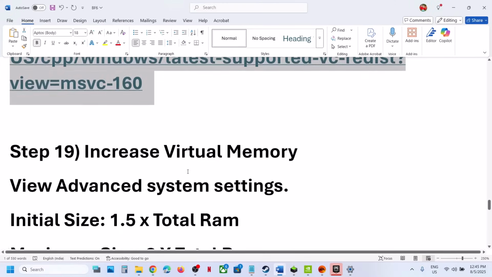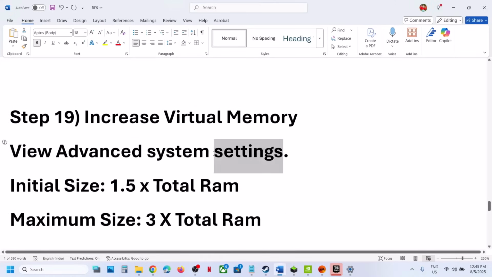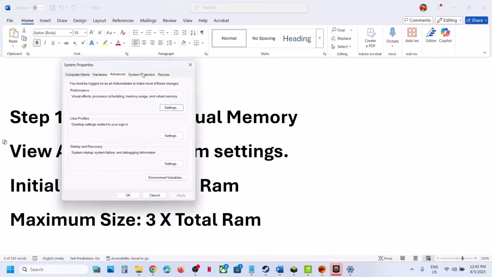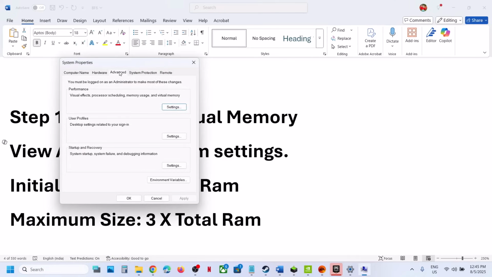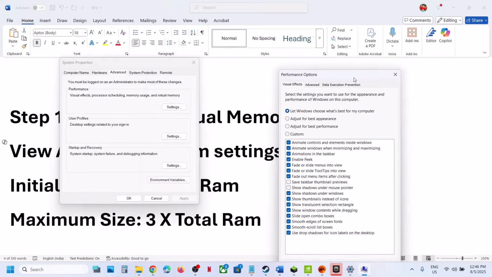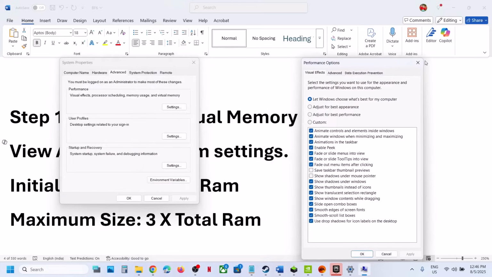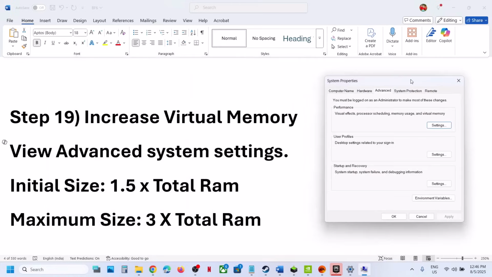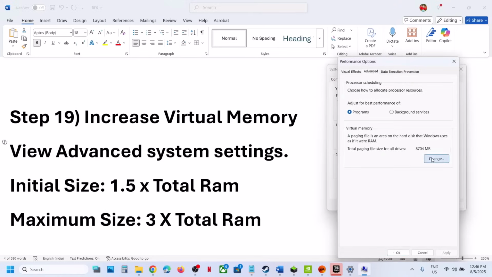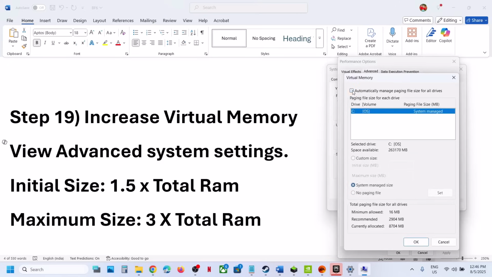Still not working. The next step is to increase the virtual memory. Now to increase the virtual memory, type in view advanced system settings. Click on view advanced system settings over here. Under advanced, click on the first settings. Settings, and then go to advanced tab over here. Click on change over here. Uncheck the box which says automatically manage paging file, and then select your drive where the game is installed, and